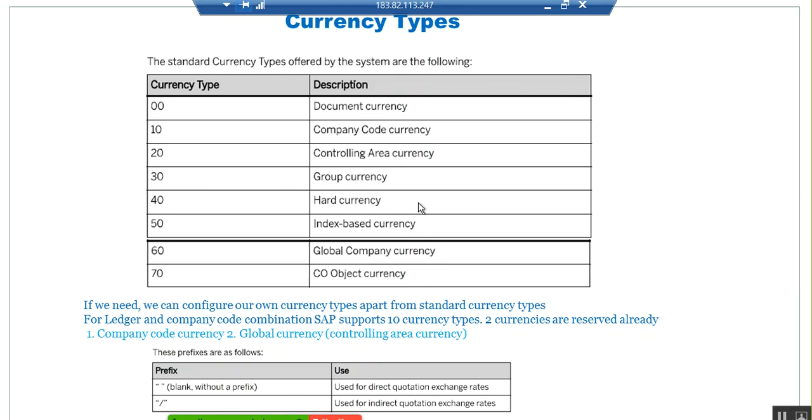What is 30? 30 is group currency. Group currency is used to see your group reporting at consolidation level, at the highest level. Generally, the corporate group has an original home country. For example, Reliance group of companies is in India, and maybe their company codes are across different countries. If they want to see group reporting in INR, then whenever you are installing your SAP system at client level, in SCC4 transaction code, you need to define that INR currency as a